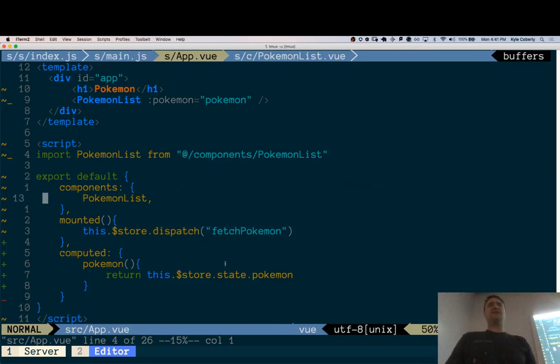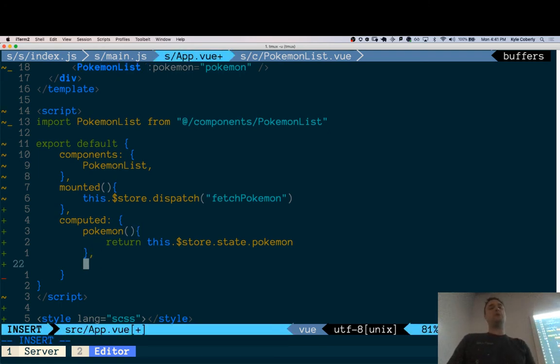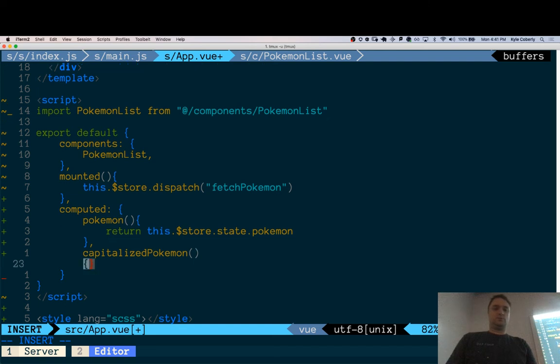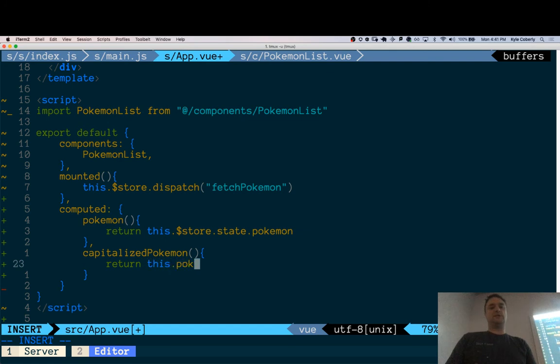I'm not changing state. I'm not adding any Pokemon. I'm not taking any away, but I very well might want to decorate those. So maybe I make a computed property called capitalizedPokemon. And this returns this.pokemon, that computed property that's right above it,